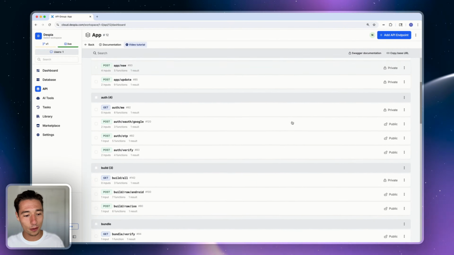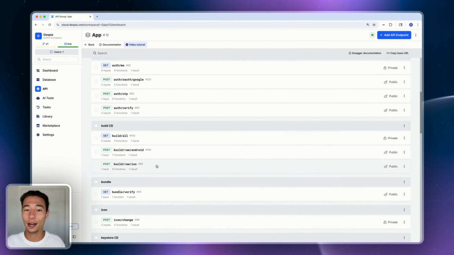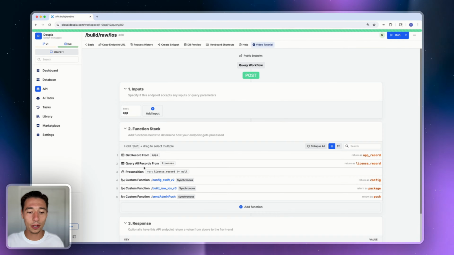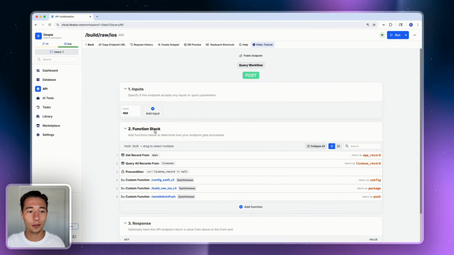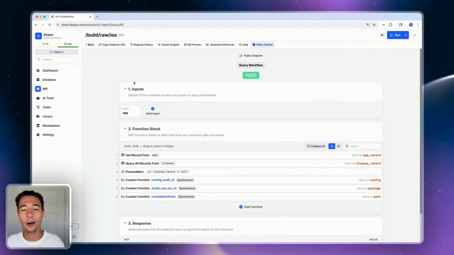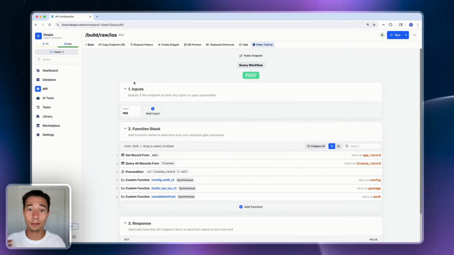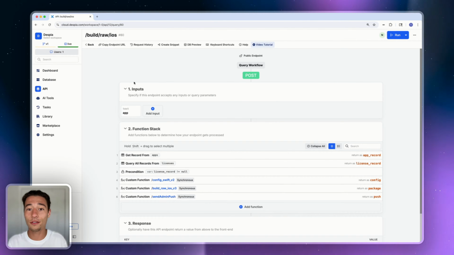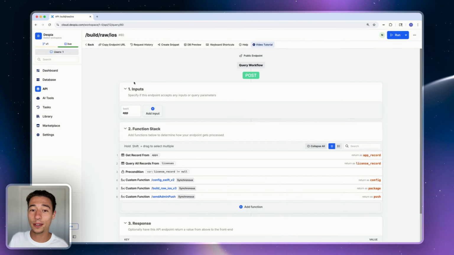Let me show you what I'm doing here, and this is kind of when they start to look a little bit scared when I show it to them. We're literally building a raw iOS app in here. So in this Despia endpoint here, Despia is a tool to build mobile applications without writing code yourself. You can build mobile applications, compared to Flutterflow, if you will. It's fully built on Xano, the backend.